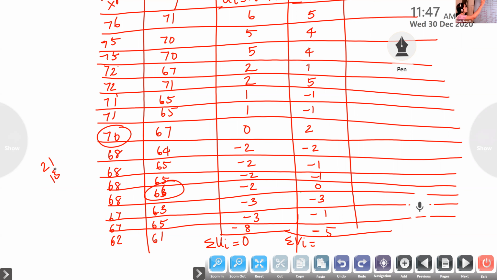Is there any number given here? 5, 4, 4, 1, 5, 1 minus 1, it is 1. 1 minus 2, minus 1, minus 1, 0, minus 1. So this is 20 and this is negative 15. So you will get 5. 5 only you will get. Check it. Add the positive numbers separately and add the negative numbers. Are you getting 5, Karthik? Yes, ma'am.